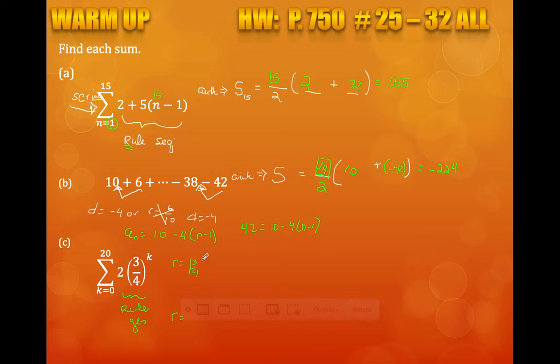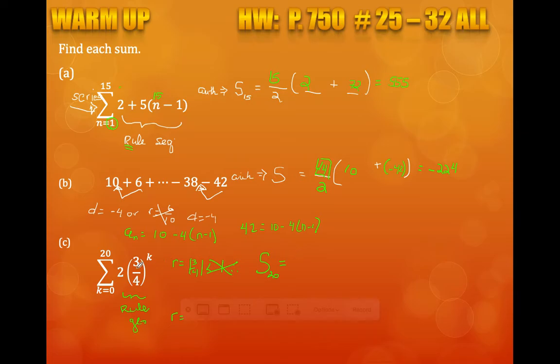And the absolute value of 3/4 we learned is less than 1. Therefore, the infinite sum, I'm sorry. Whoops, I'm getting ahead of myself. That's today's lesson. Sorry, I learned that r is equal to 3/4, so the sum of the first 20 terms